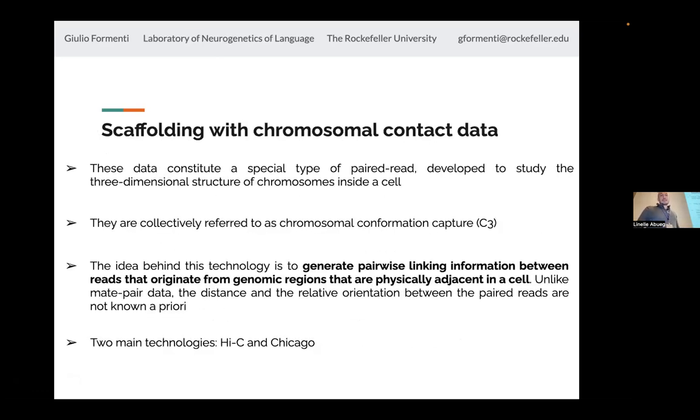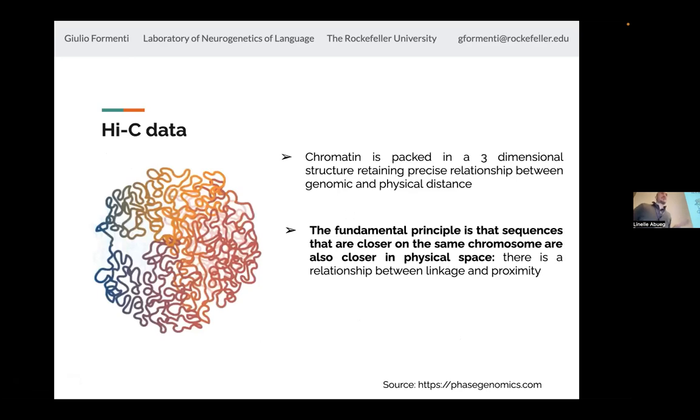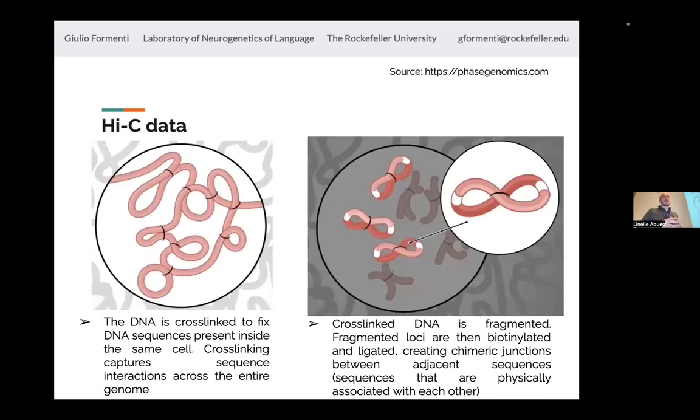And then we have this scaffolding with the contact data. This was really originally developed for a different purpose, for looking at the 3D structure of the DNA, the chromatin in the cell nucleus, but it turns out you can really use it for reconstructing the genome sequence as well. So in the cell nucleus, the DNA, well, I'm sure it doesn't look like this, but the idea is that it's a sort of longer wire, and essentially the chromosomes are kind of separated from each